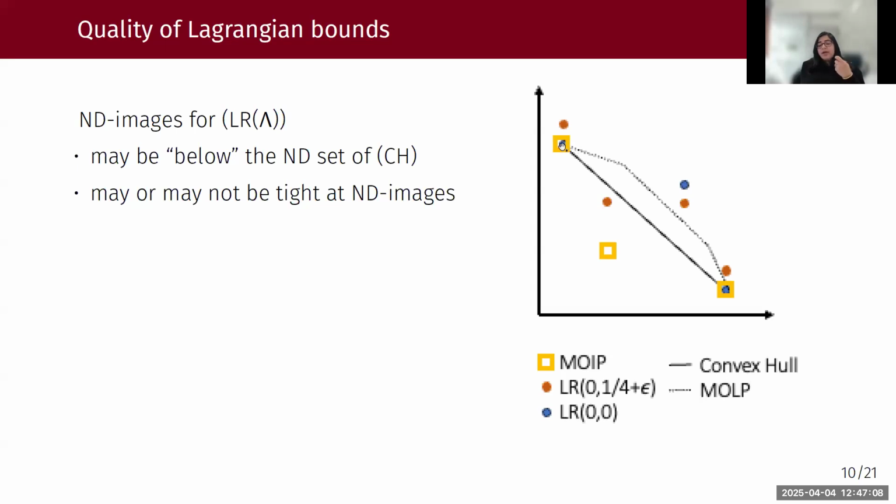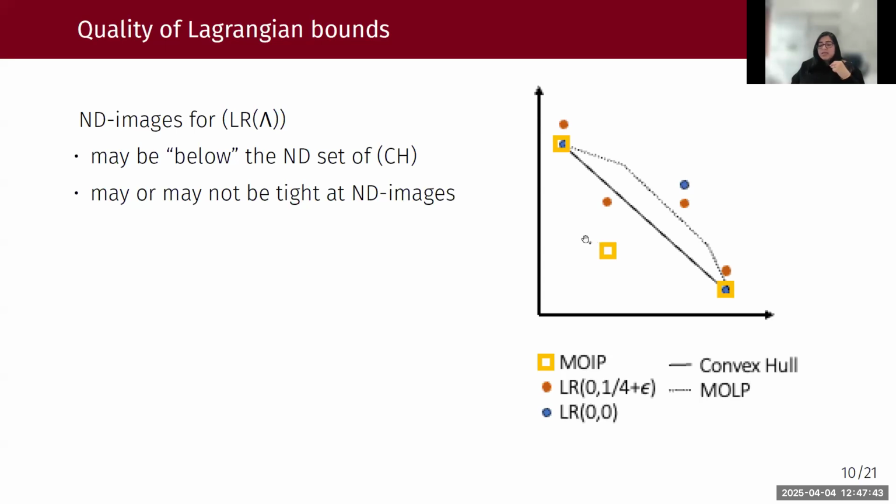So for instance, for a particular value of lambda, I recover these three blue circles, the blue dots, that coincide with the supported points and completely miss the unsupported one. For a different lambda, which corresponds to these orange dots, I am way off from the supported solutions and even from the unsupported one. But the interesting finding was that this dot actually sits below the convex hull